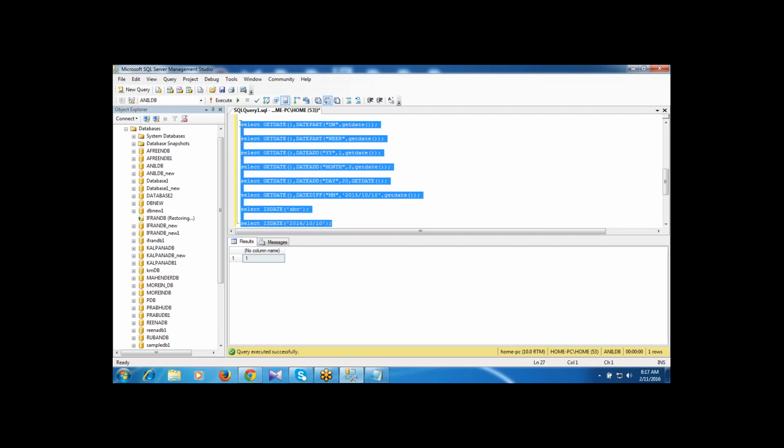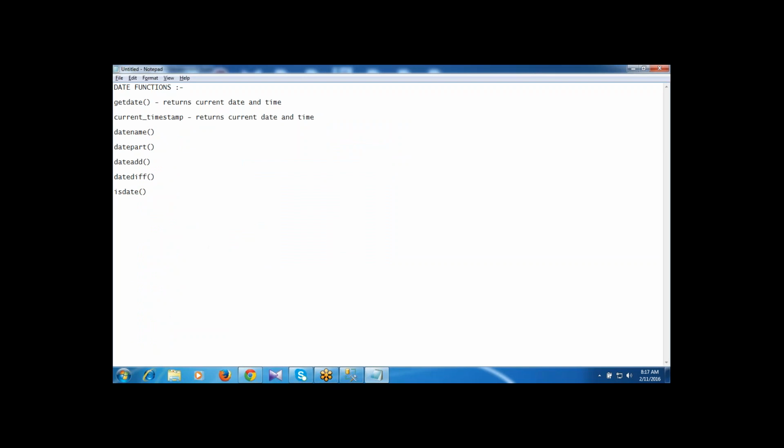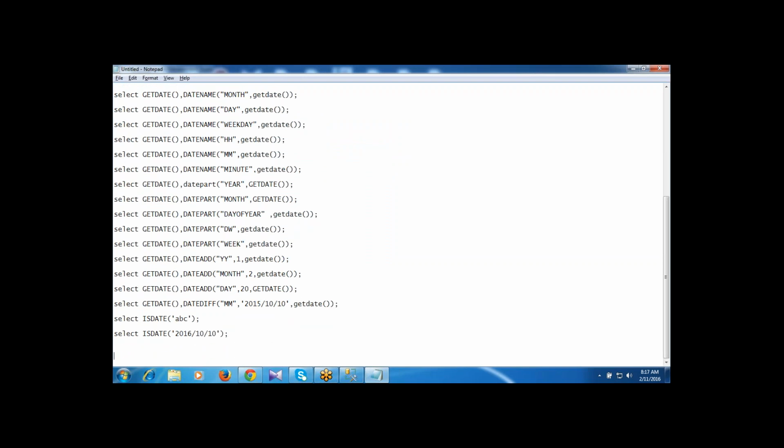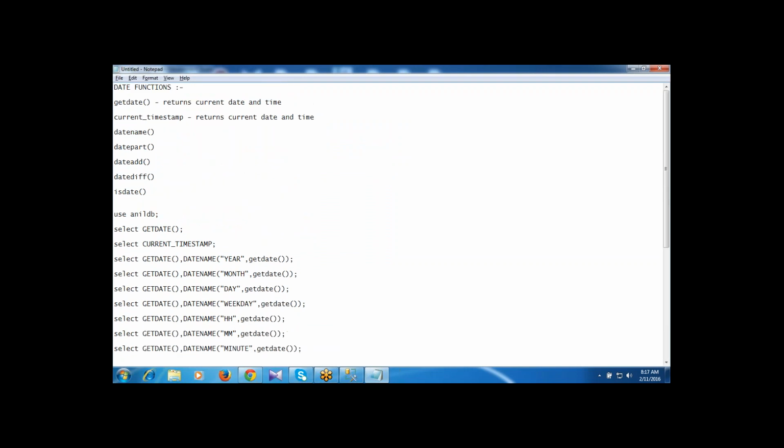These are all the practice on the date functions what we did. All are the predefined functions, and we are passing the argument list and getting the result.